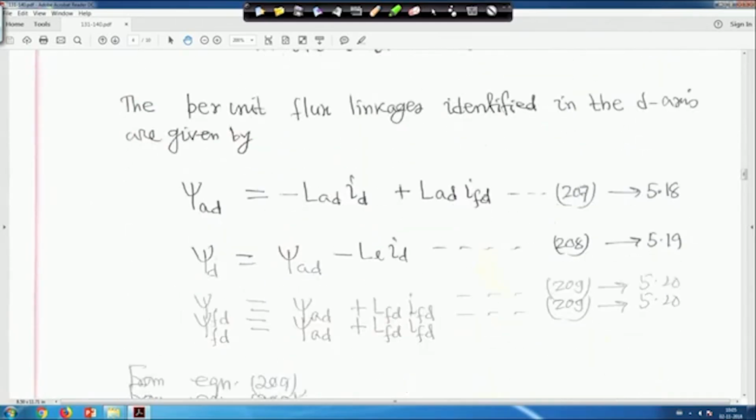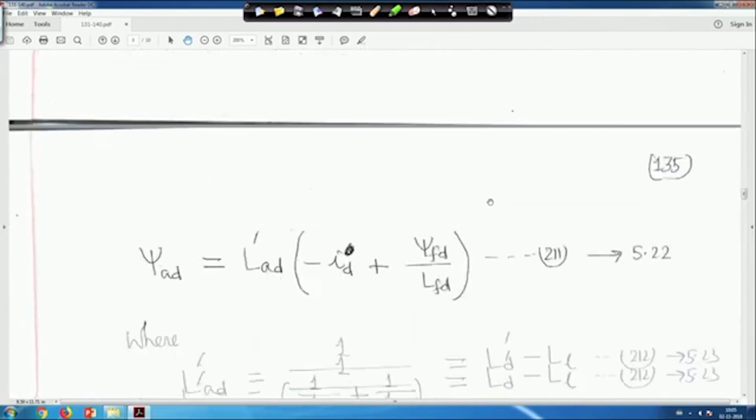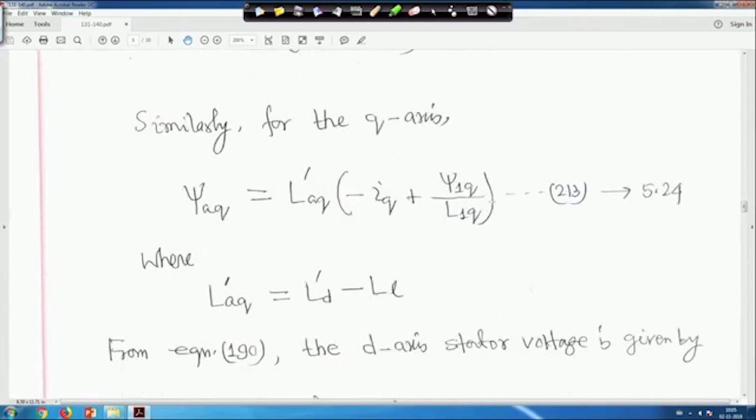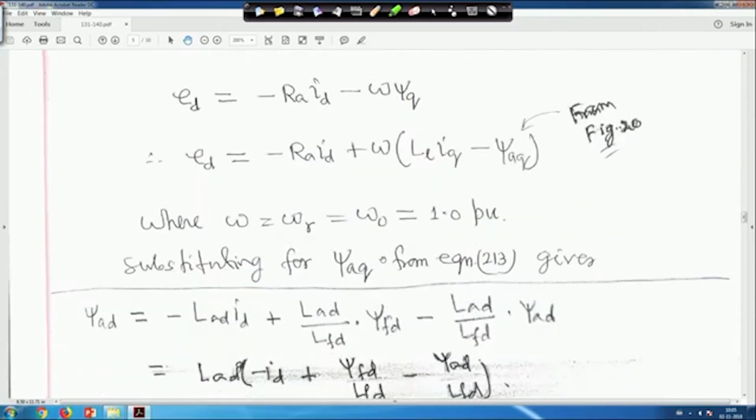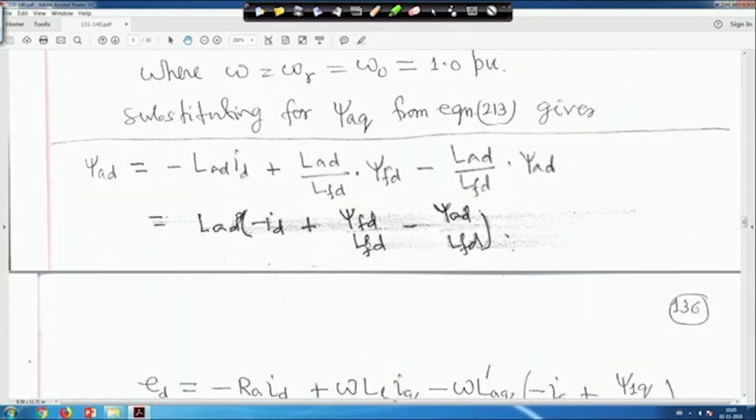You substitute from there, and omega is equal to omega r is equal to omega 0, say 1 per unit, all are the same. Substituting for psi AQ from equation 213, you do this and you will get